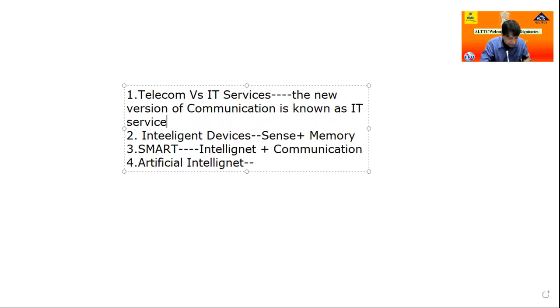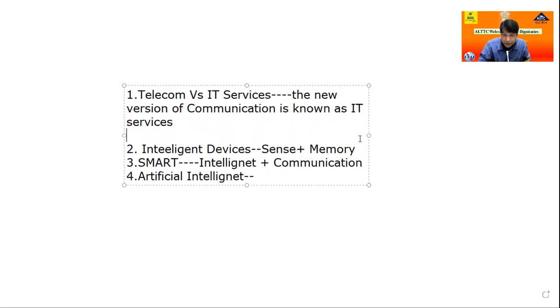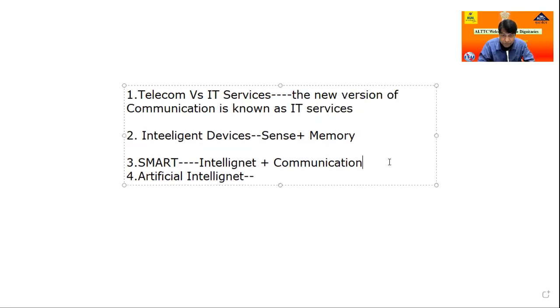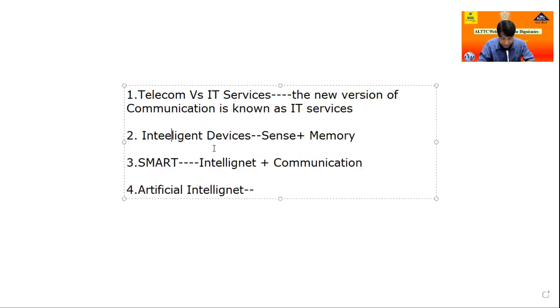Okay, so I think it is very clear to all of you. Now in this case, how to migrate from this new communication? First, every device moves to intelligent devices and then becomes a smart device. And today you are listening to a lot of the word artificial intelligence. So what is the next step of artificial intelligence? What is artificial intelligence?